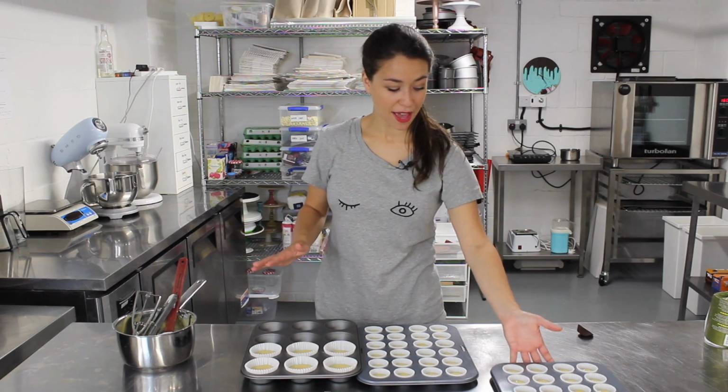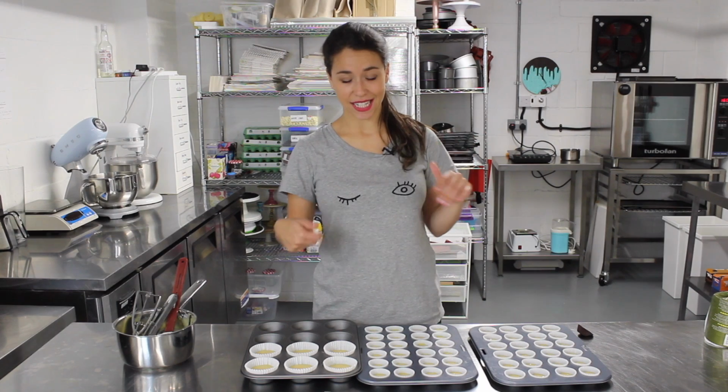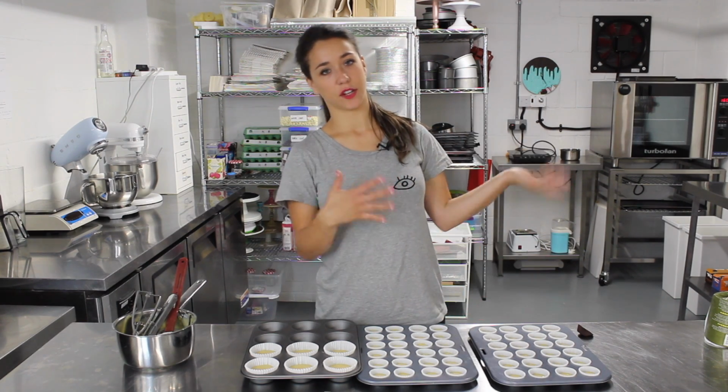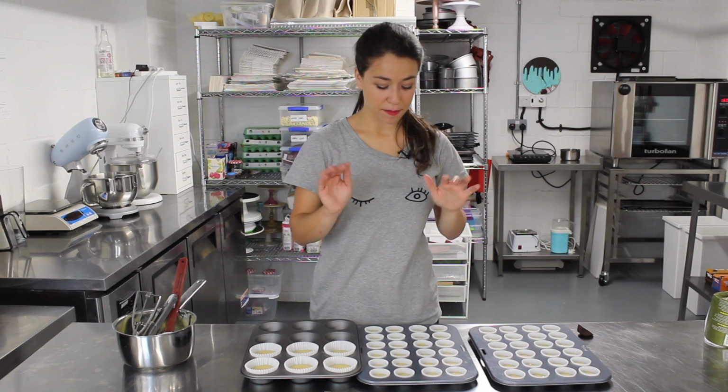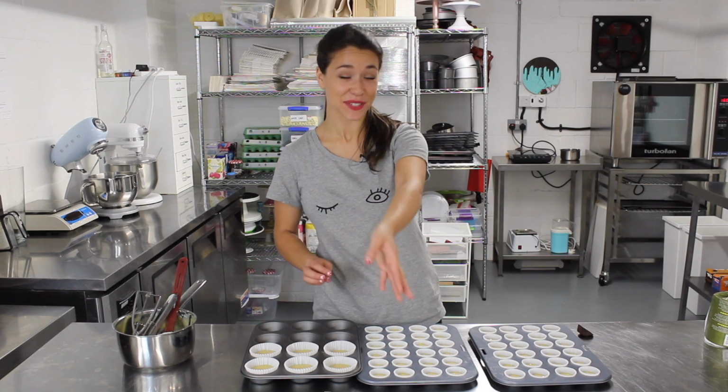So that is how you prepare your cupcake cases. Now obviously they're going to need different cooking times, so ideally you wouldn't really cook different size cupcakes at the same time, to avoid opening and closing the oven. But the mini cupcakes, again, depending on your sized cakes that you're doing,